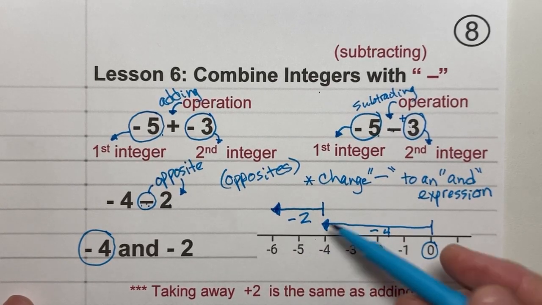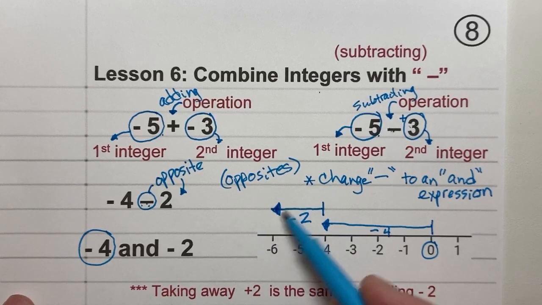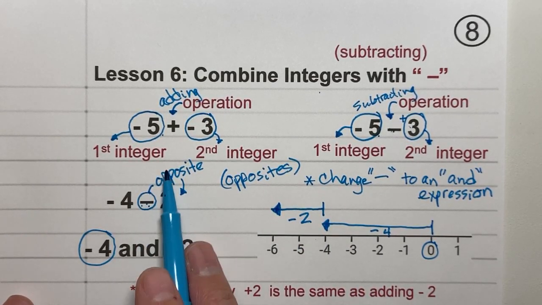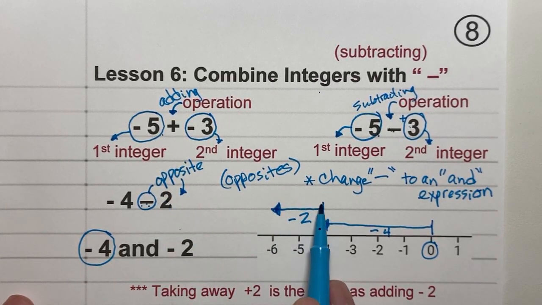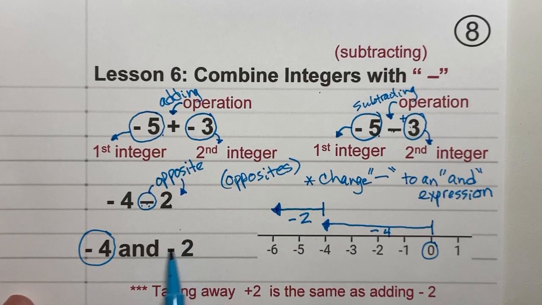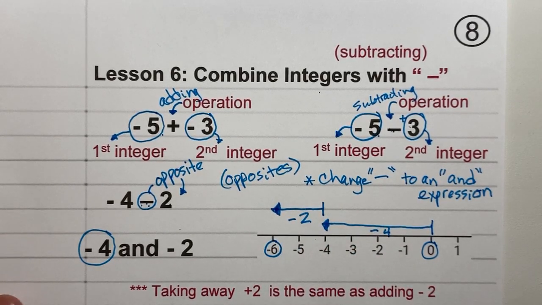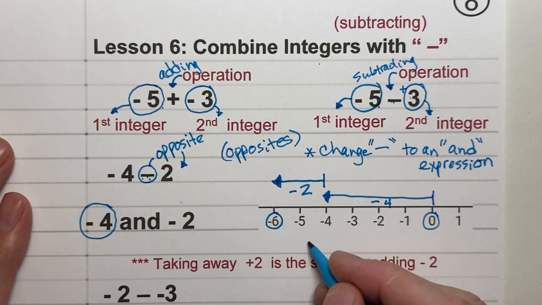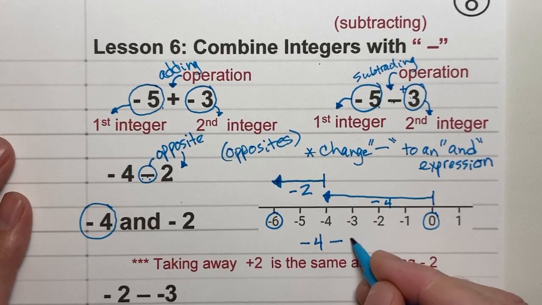And if we subtract 2 more, we're going to be going more negative anyway. So that shows subtracting is actually the opposite of adding 2. The opposite of taking away 2 is going to be adding 2 negatives. So the result is, let's put it right here, -4, and if we subtract 2,